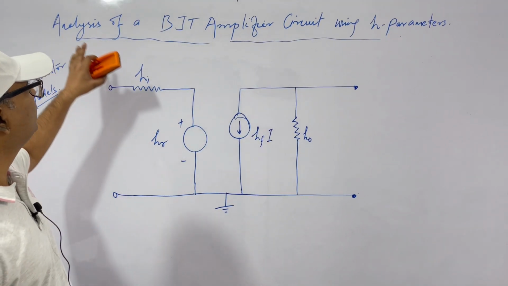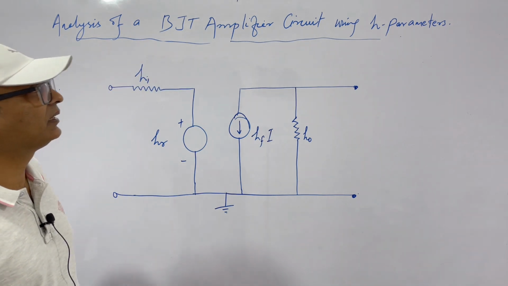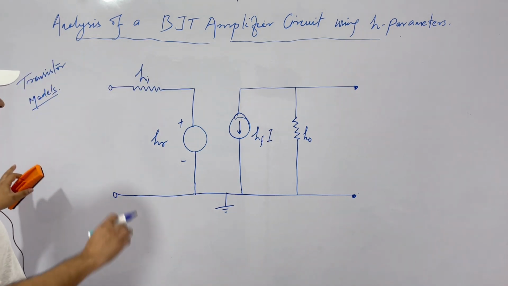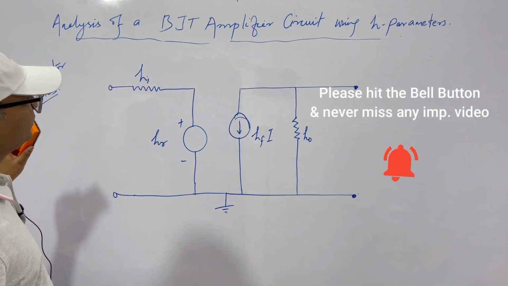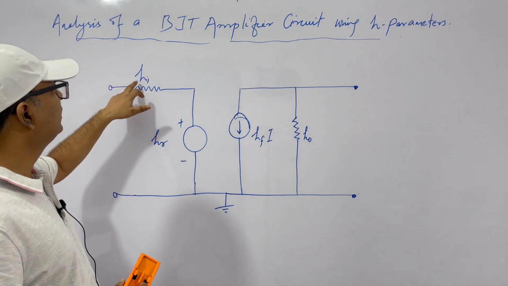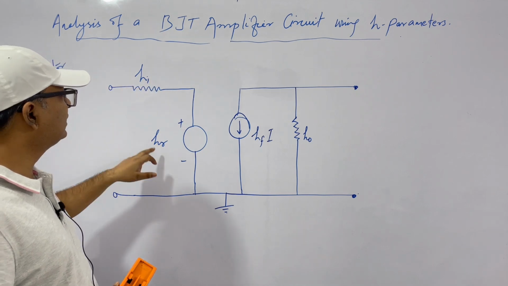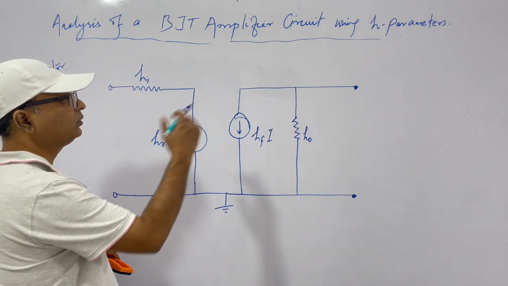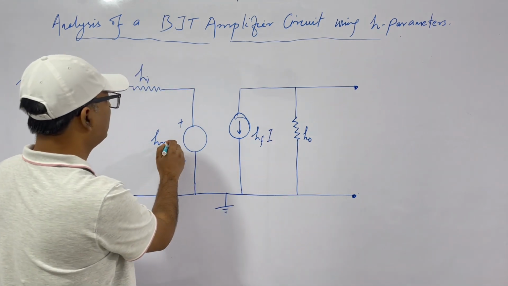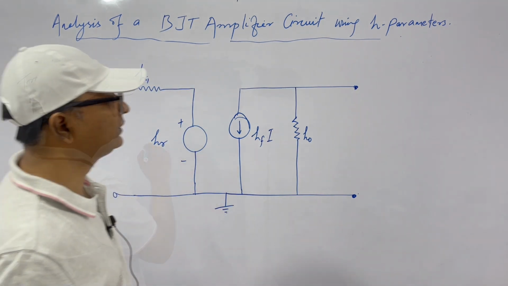Okay, now we'll do the analysis of a BJT amplifier circuit using H parameters. First of all, let's understand the transistor models. This is the basic transistor model, a generalized model where we have HI here, HR here, HF into the output. Let's say this is VO, then we'll have HRVO here. Let's understand this for